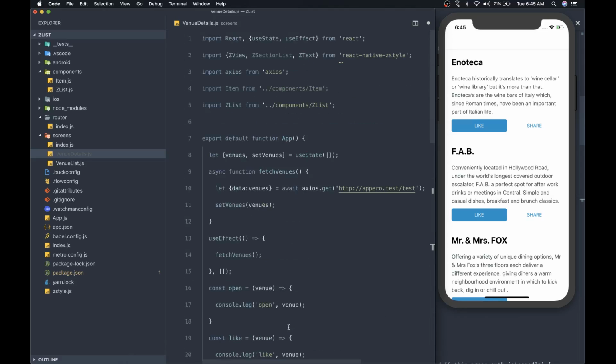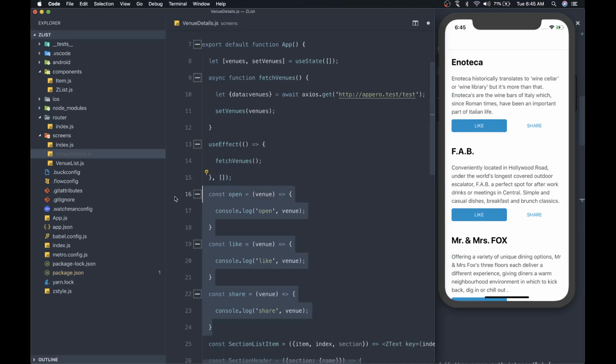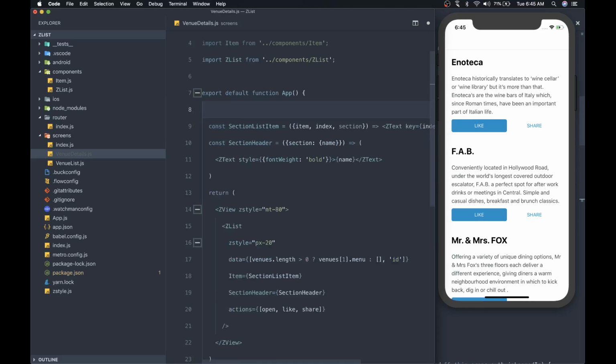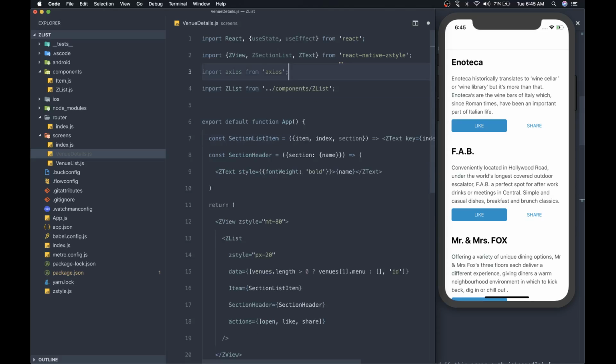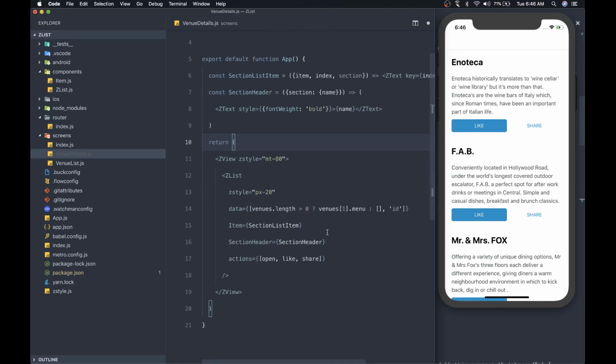So within VenueDetails, basically I don't need my actions. I don't have actions here for now. I don't need the state either, so I remove all this. For now, I will choose the item component, Axios. I need the section list, I don't need the state here, at least for now. Okay, so here the actions, I can remove them. Sections header will be the sections header, item will be the section list item that I have created above, so